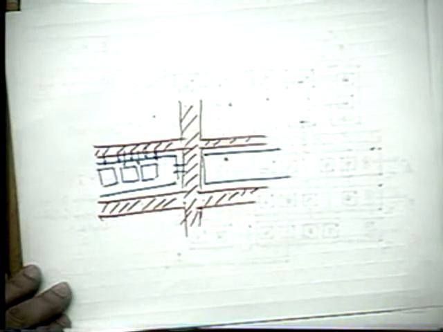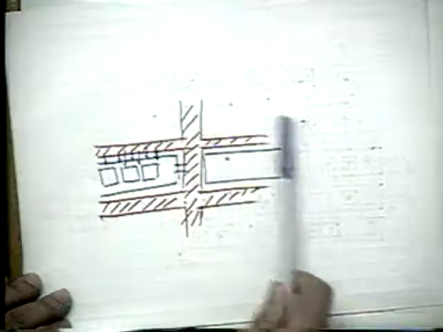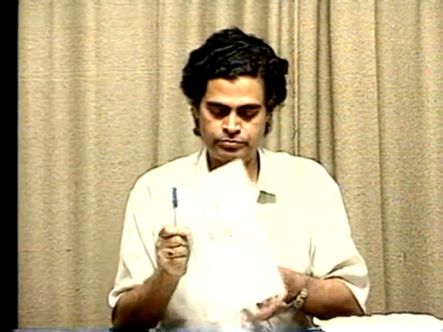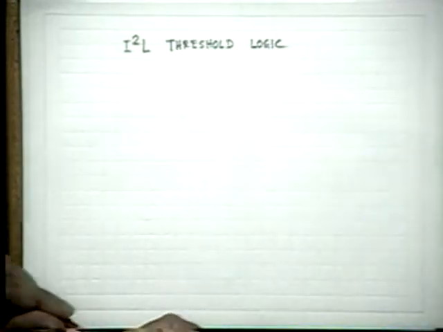Particularly for decoder circuits, take the book by Taub and Schilling, and Millman, in the I2L section. I think it is available in the diode transistor logic chapter. Somewhere you please see, and you will find a very brief discussion on I2L, with just one example of how I2L can be used for realizing a decoder circuit. And you will find the actual use of the multi-collector transistors. Okay? Please see it. Now, I shall start the topic which is called I2L threshold logic.